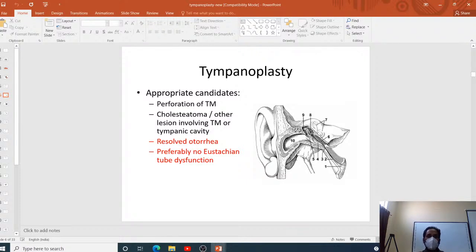When there is otorrhea, you should not operate, and when there is chronic eustachian tube dysfunction, you should not operate, because the middle ear aeration should be maintained. It is only well maintained when there is proper eustachian tube functioning. When there is no eustachian tube function,